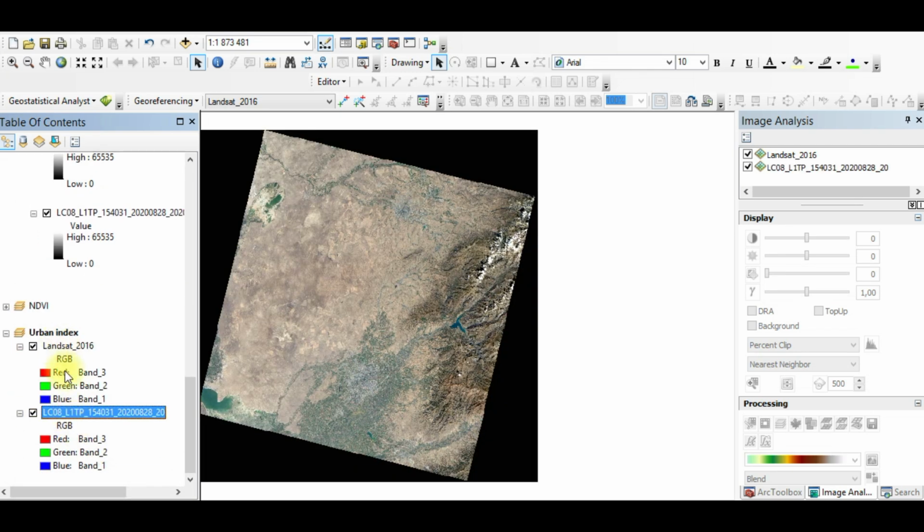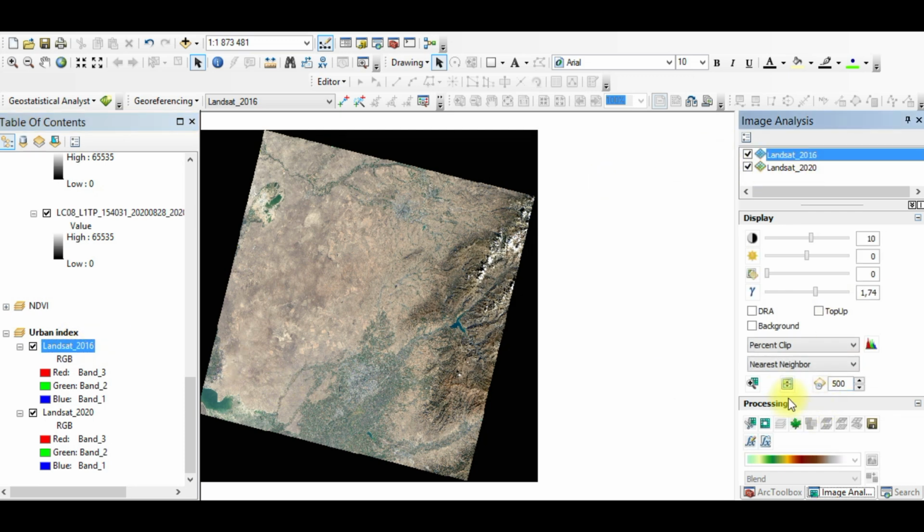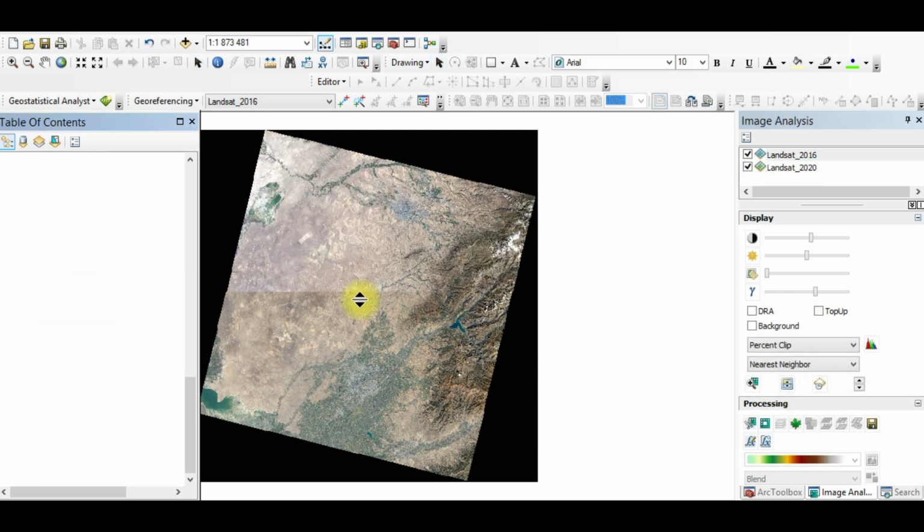So these are two years. Let's create this name Landsat 2020. So these are two years. So we can also just use the swipe tool to see